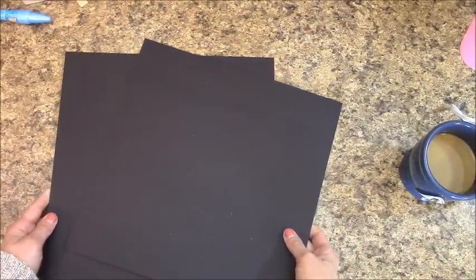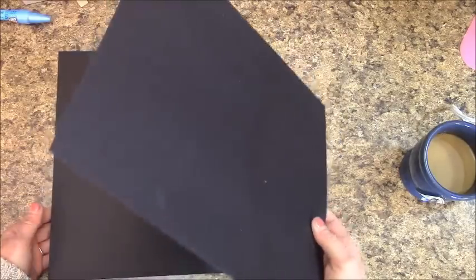So 2 pieces, these are 12 by 12, and I am going to use black because we will be wrapping the corners. If you have craft, that will work. We are going to be using black cardstock